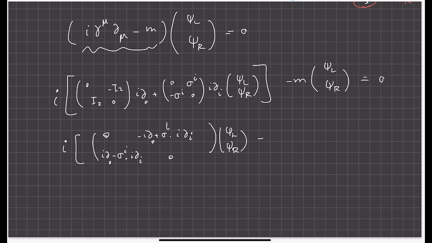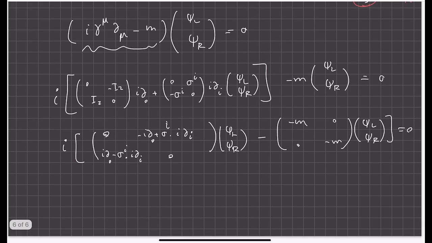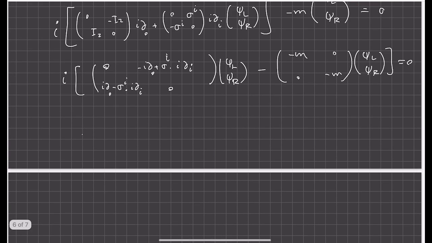So minus m can be written as minus m, the main diagonal term here, psi L and psi R is equal to 0. Now the whole thing can be re-expressed as I. Well, I can be cancelled out because we have 0 on the other term, but we have basically this giant matrix minus m,